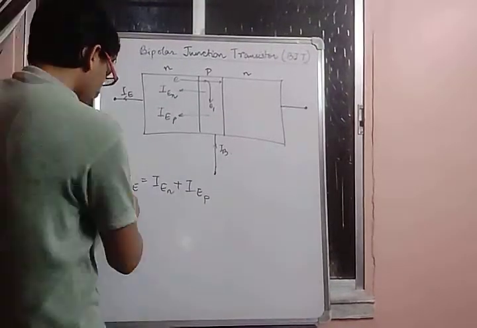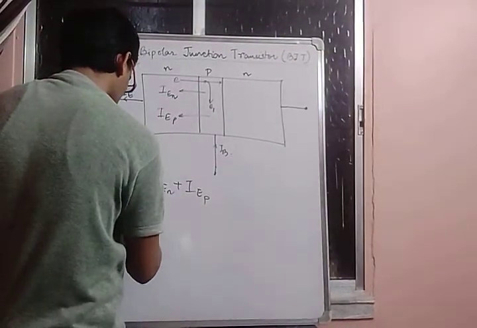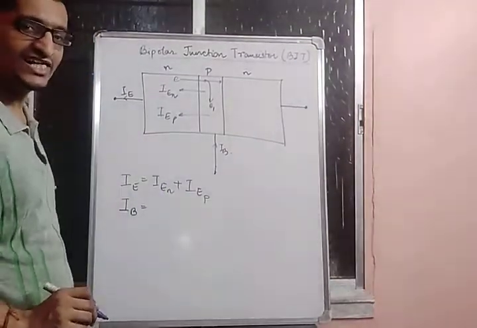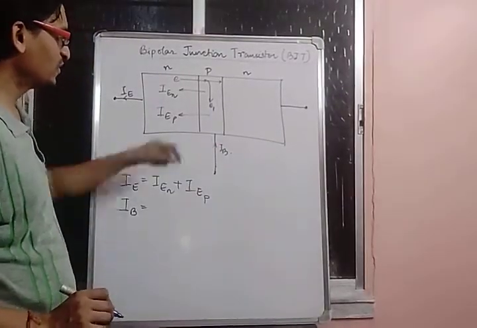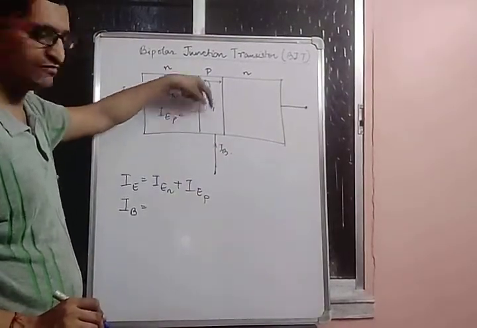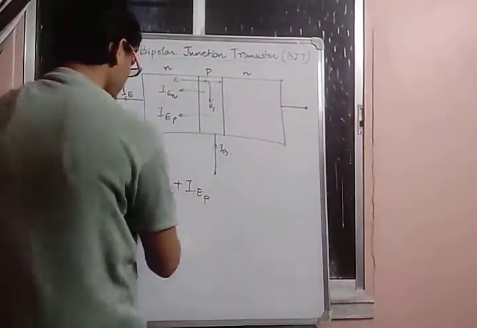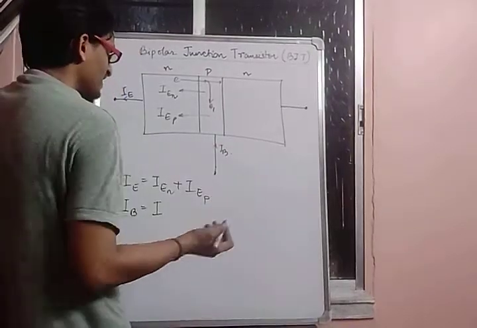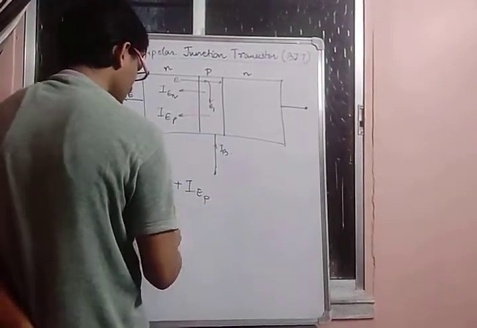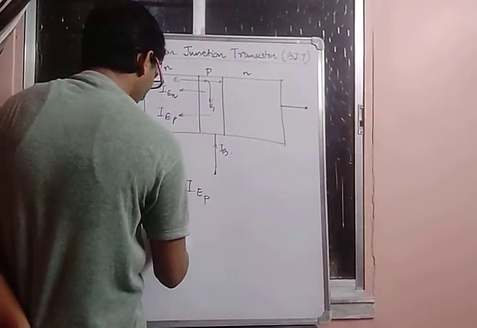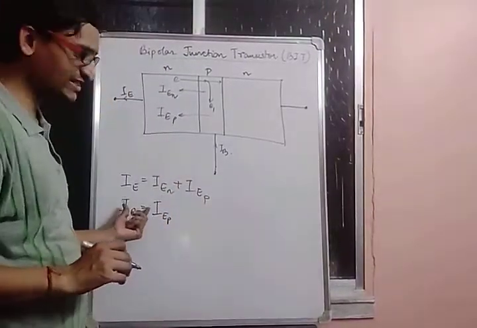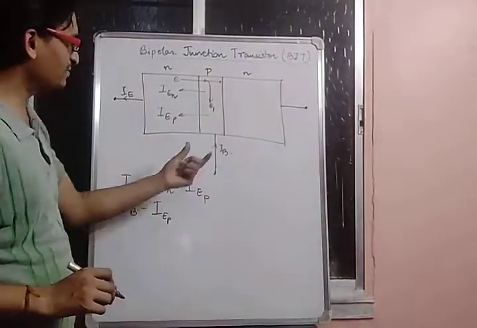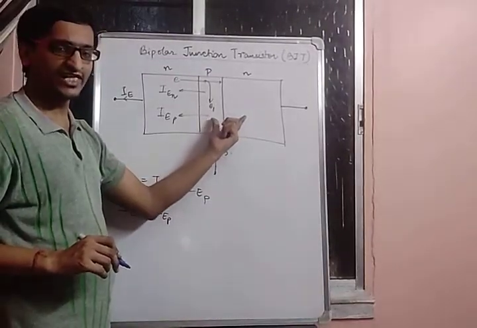So as a result, your base current will basically consist of one component due to this current, which is the current being contributed by this. Let me represent it by some symbol. As well as your IEP will be there in case of your base current. This component. Along with it, there will be some reverse saturation current.